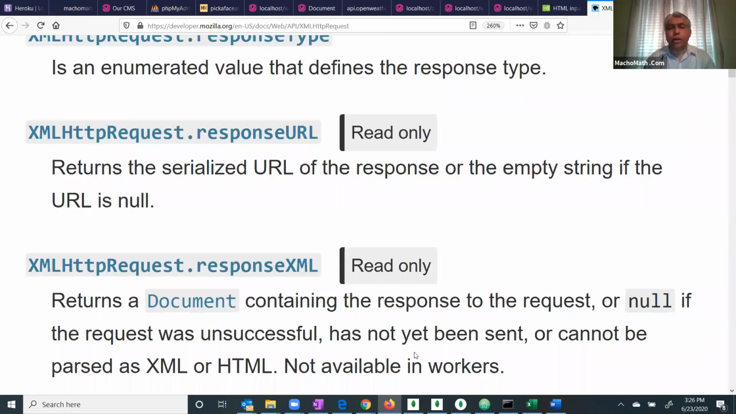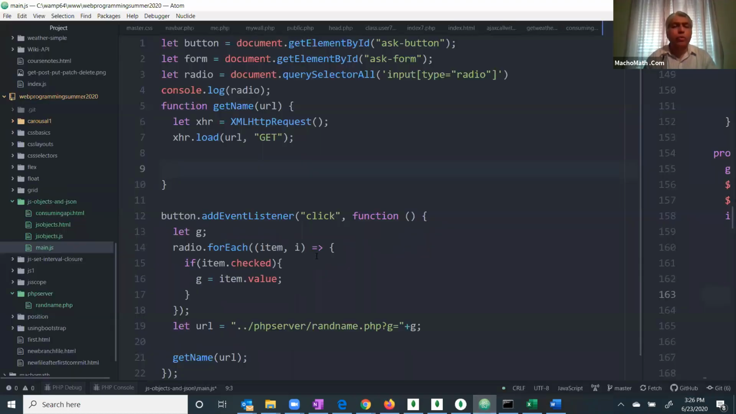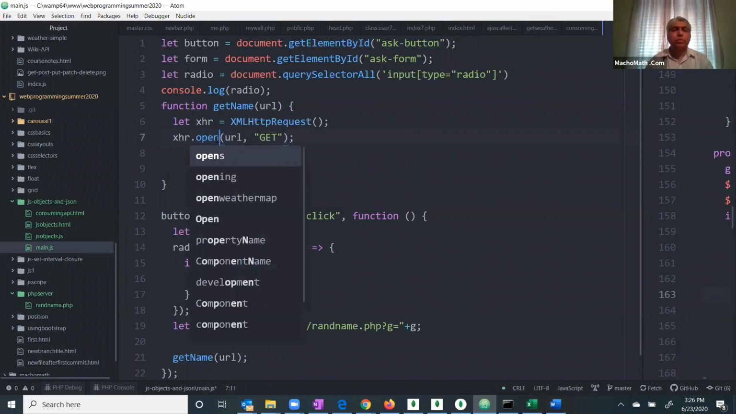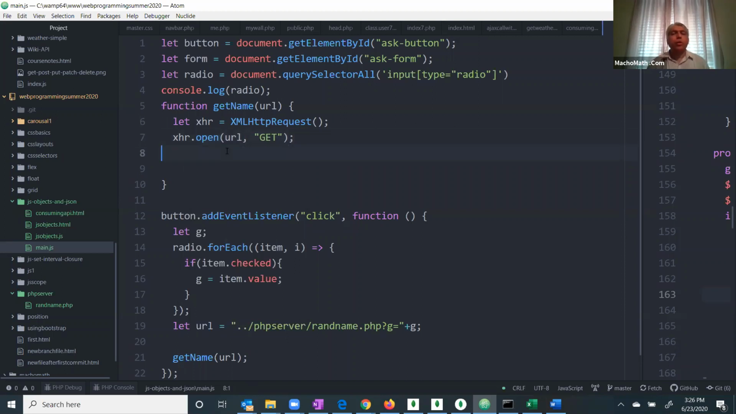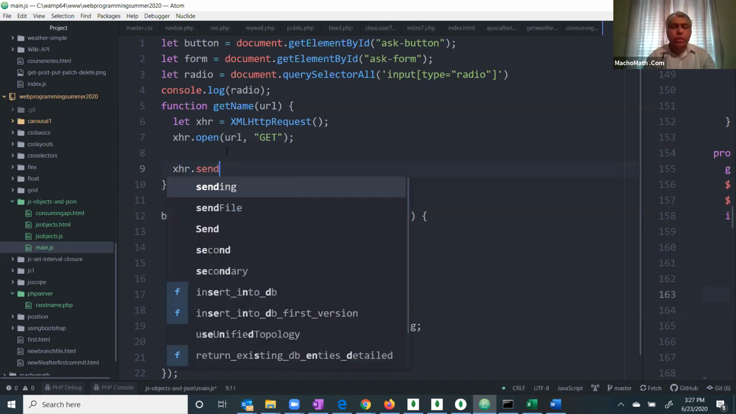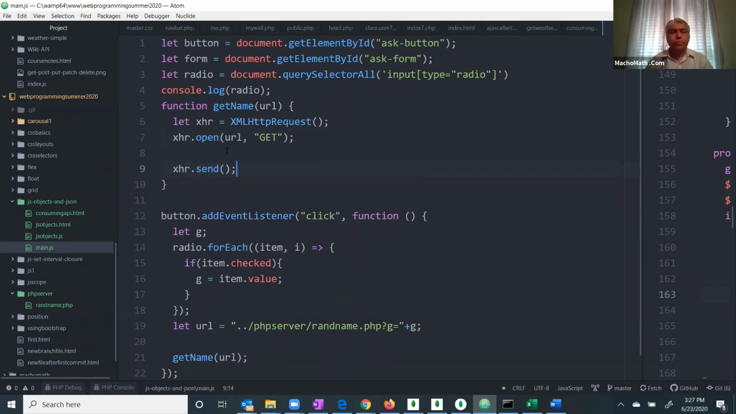Yeah, so I got it, right? So it is open actually. So I come back over here, I say xhr.open. Right, xhr.open, right? And once we open it, later on we say xhr.send. Open means that you're opening that request, and send means that you are actually sending it now to the